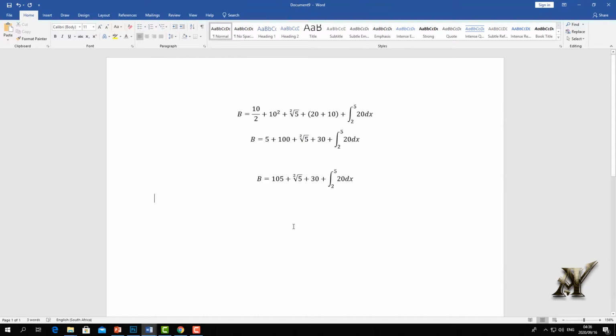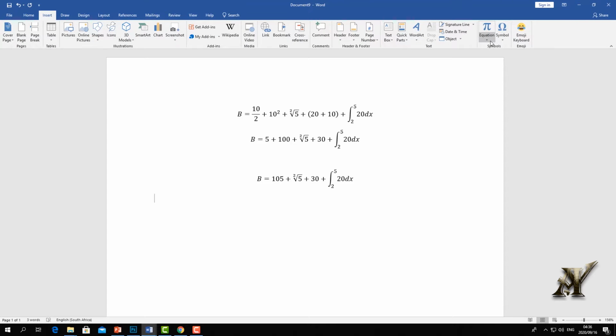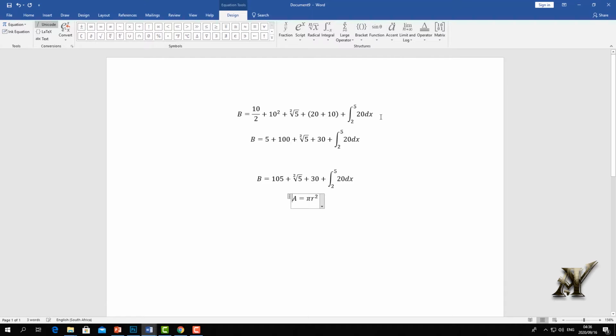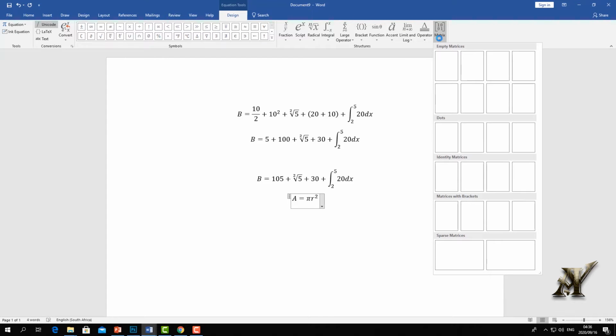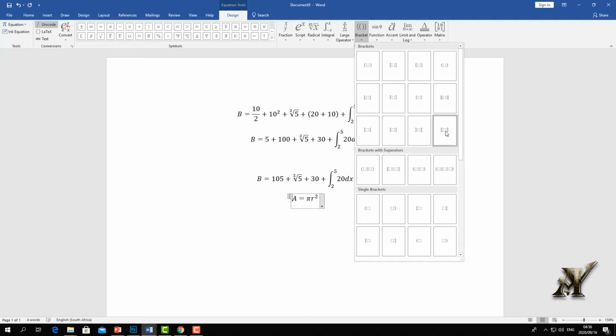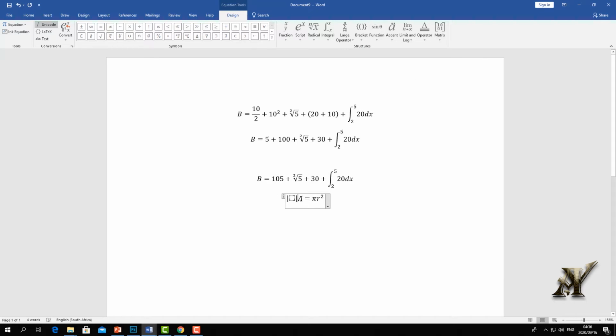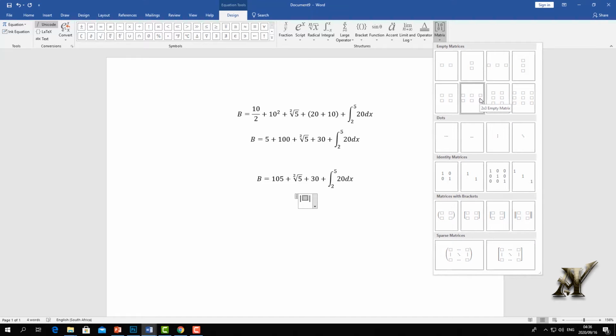And the second one, if I want to write a matrix, I'm going to go to insert. I'm going to choose the matrix. Now the matrix mostly works with this. First I will choose the bracket, and then I use this bracket, which is going to be maybe this. Once you have it, you can delete this one, highlight the other one you don't want, and delete them. And then inside here, I'm going to click the matrix group, maybe 2 by 3 or 3 by 2 or